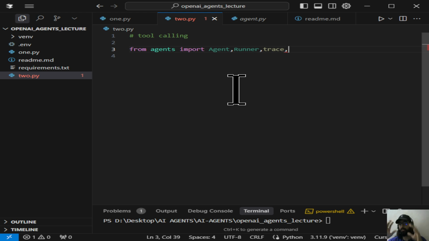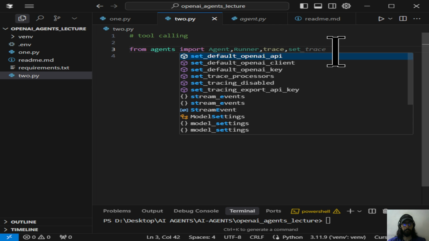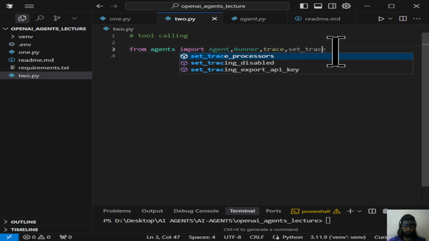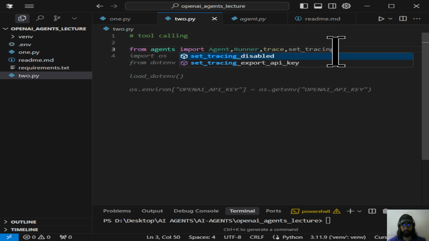So what is trace, guys? Trace is going to help you capture everything that's happening in your script. Whatever function got called, what was the input, what was the output, what the LLM responded, everything would be directly put into a database, and I'll show you how nice this feature is. In order to set up trace, we need to do some bit of configuration, but that's okay. Let's use set tracing